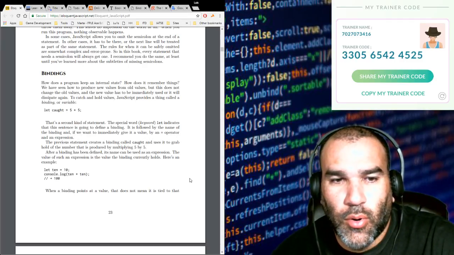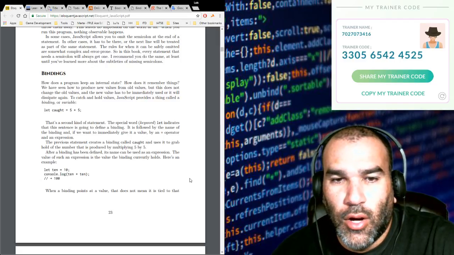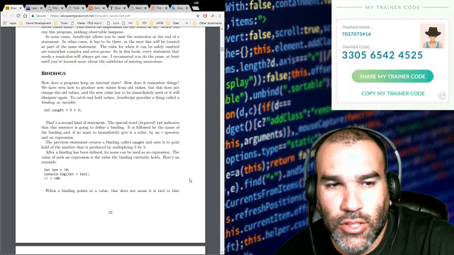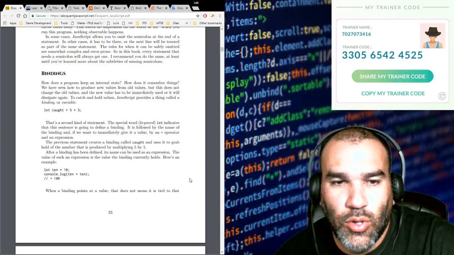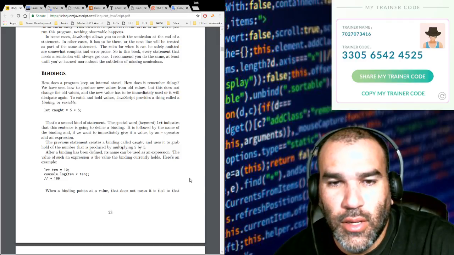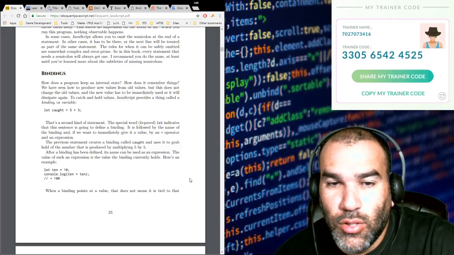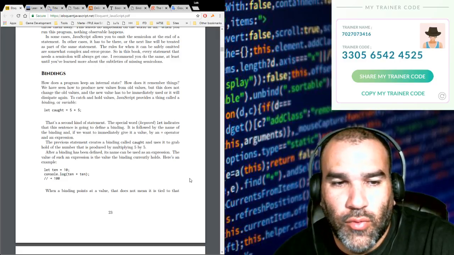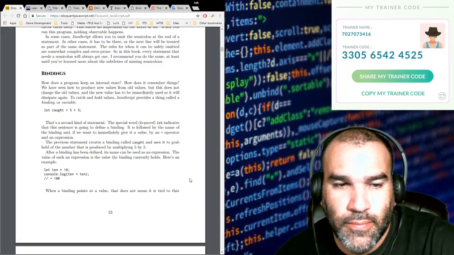Bindings. How does a program keep an internal state? How does it remember things? We have seen how to produce values from old values, but this does not change the old values, and the new value has to be immediately used or it will dissipate again. To catch and hold values, JavaScript provides a thing called a binding, or variable. let caught = 5 * 5;